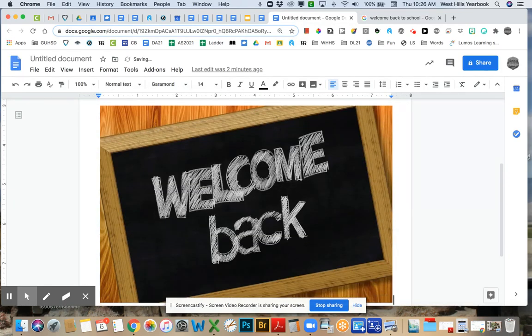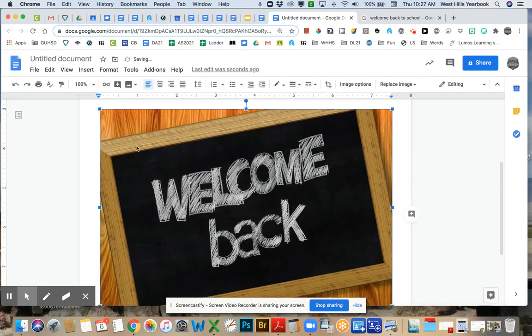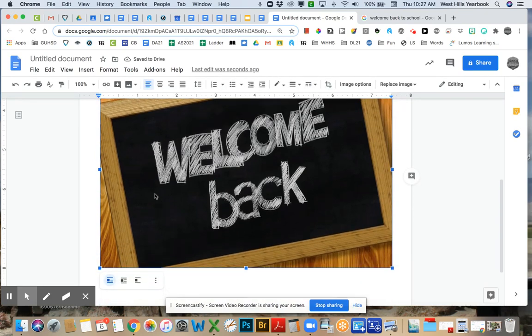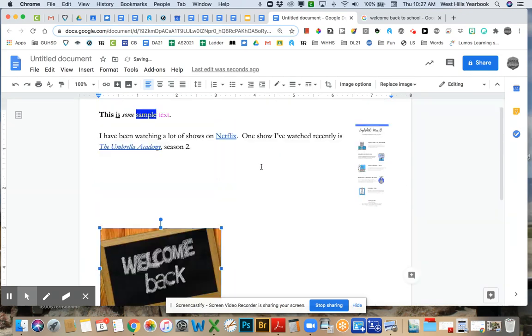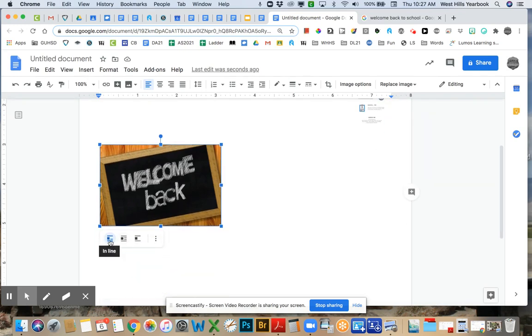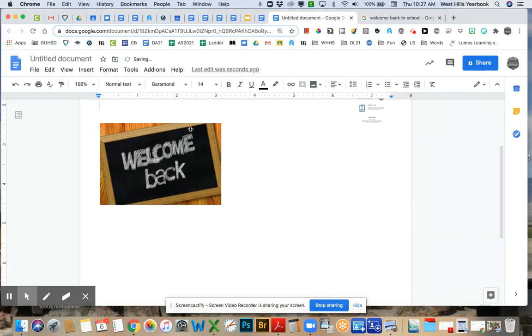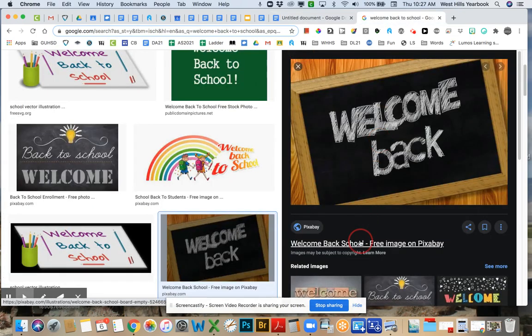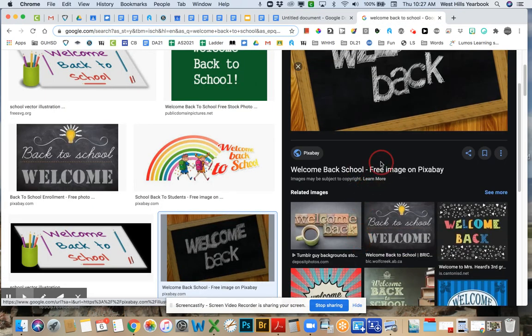And now I've got this chalkboard version. Again, it's pretty big, bigger than I want. So I'm going to grab one of the handles in the corner and scoot it down. And this one is set up again to be in line. Just go ahead and bring in a second image, something that you've found in your search that is free to use. And the last piece I'm going to add in to this image,